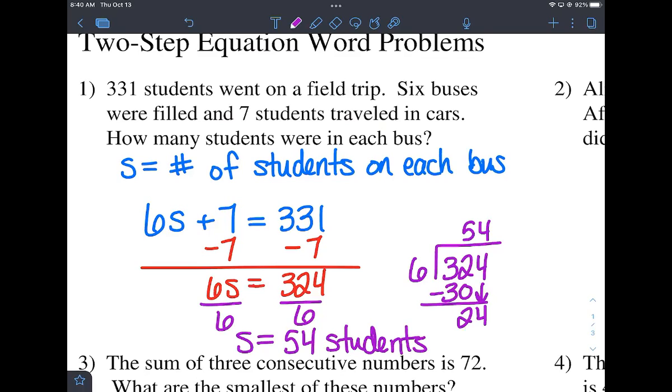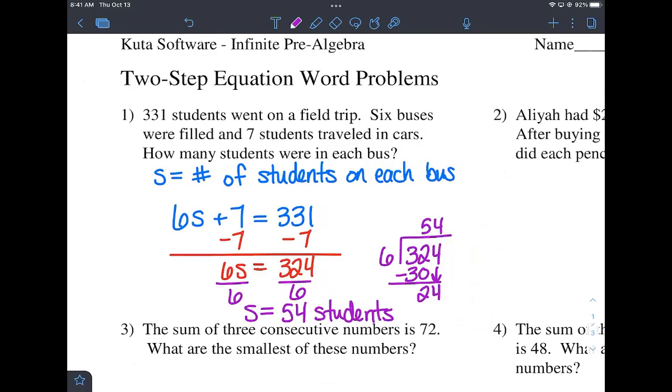That's why if we look up here, we actually know what S stands for. S is the number of students. And that's why if I was doing this one, I would prefer the letter S even over the letter B, because if I see B, it's going to make me think it's 54 buses, but that's not true. So 6 buses, right? So 54 students. But you could technically use whatever letter you want to. So